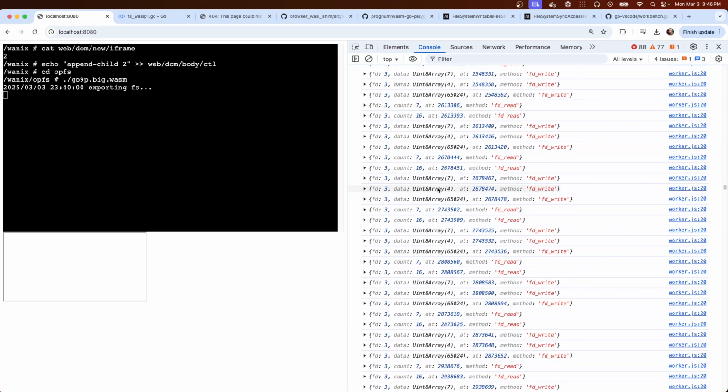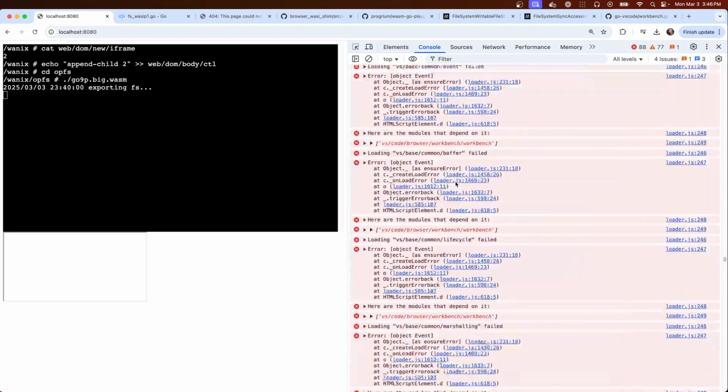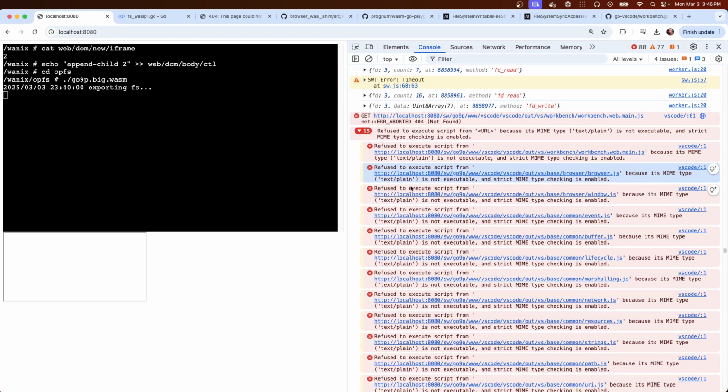This could have been from before, maybe? No, it would have been the same page load. Why was there a timeout? Probably overloaded with a ton of requests.